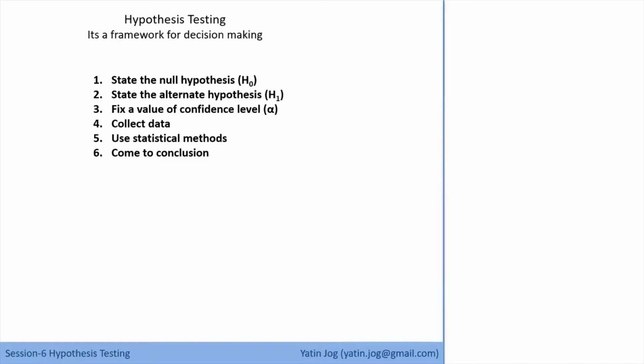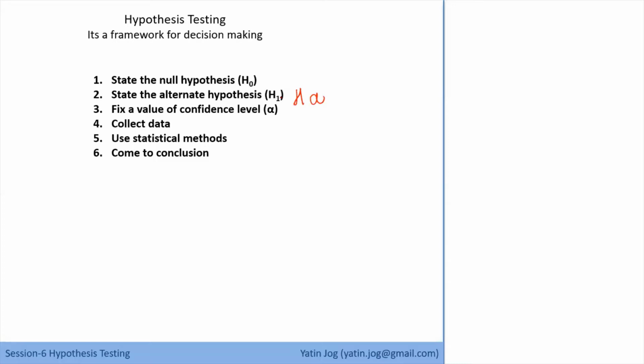Once you have formed the null hypothesis, the alternate hypothesis is exactly opposite to the null hypothesis. Now in some books and by some researchers, the alternate hypothesis notation is used as HA, some have used H1. So it depends on you. You can use any notation. You just have to remember which one is null and which one is alternate.